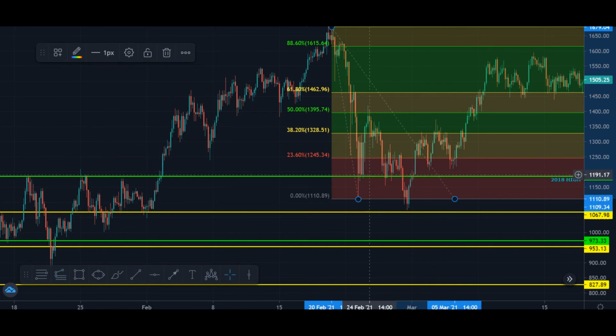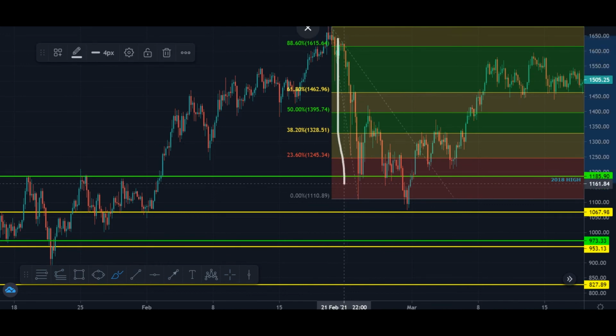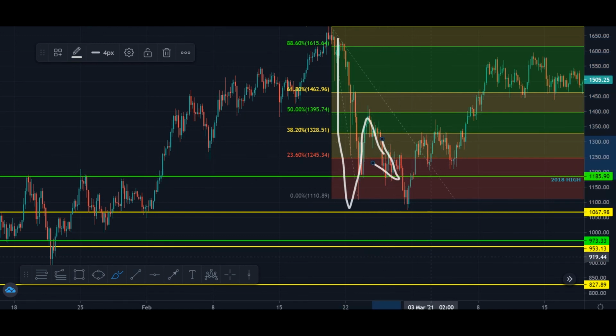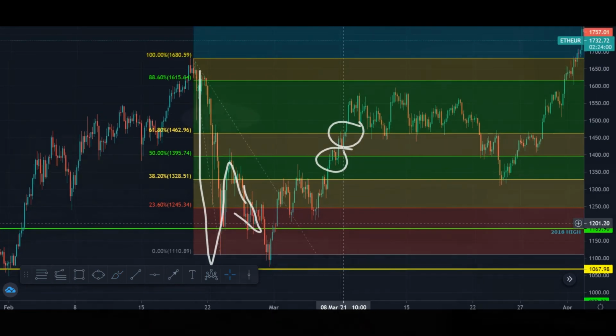The important thing is to be on the same line, okay, with the other one, and you will see it went down, had a retracement to 50%, but was rejected and went back down. Okay, after that it made, let's say, a double bottom, and from that it was a breakthrough of 50 and 61.80 later.